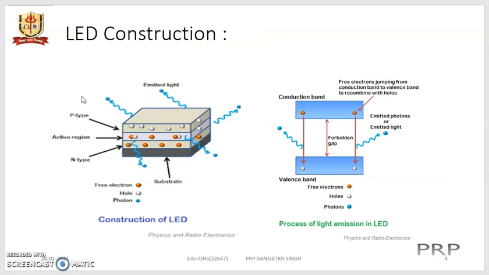Here is a simple structure of LED, where we find p type of material and n type of material forming a p-n junction here that becomes the active region or the site of recombination, where the charge carriers will recombine, and the difference between their band energy, between the conduction band and the valence band, will be given out in the form of photons. So these are the lights coming out, emitted light from the site of recombination of electrons and holes.